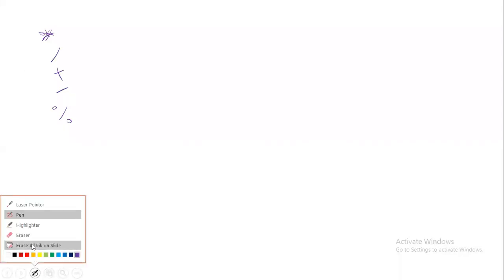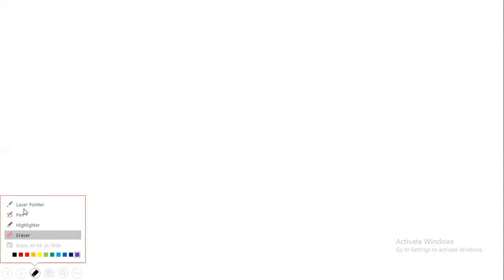So I will erase this and I'll ask the first question now. I will tell you the priority. So highest priority elimination method we have to use here. I'll write here: highest priority elimination method. Now, if you search this on Google, you will not get this, because this is a word which I have made up just now. The concept is the same: we have to remove the highest priority operators.